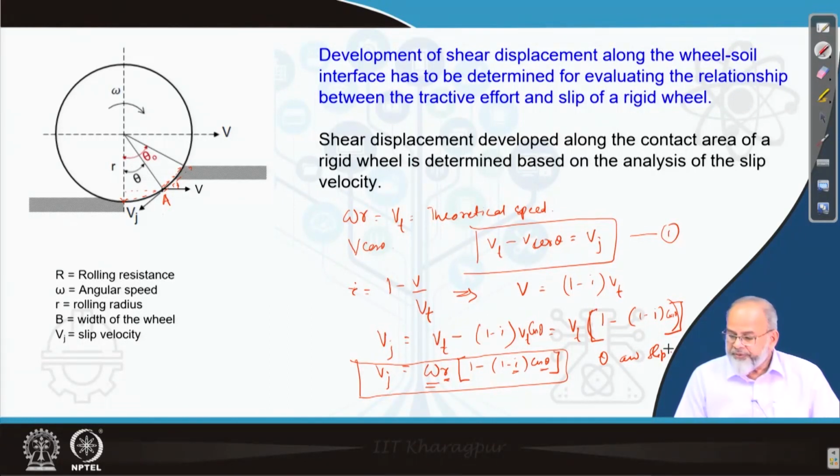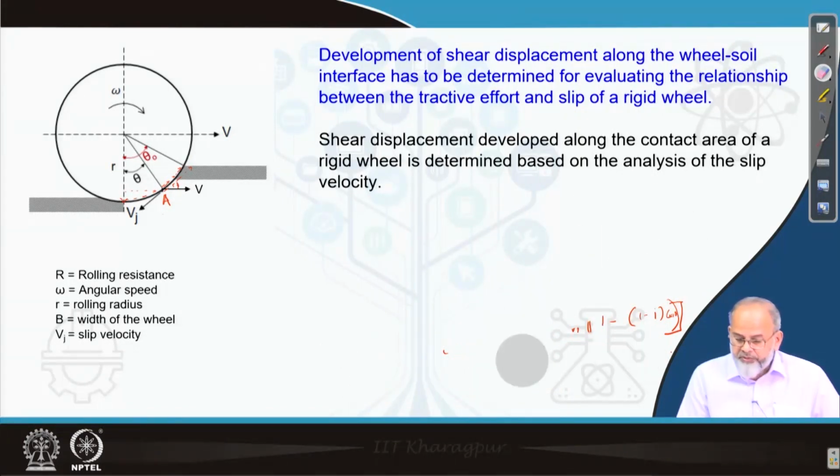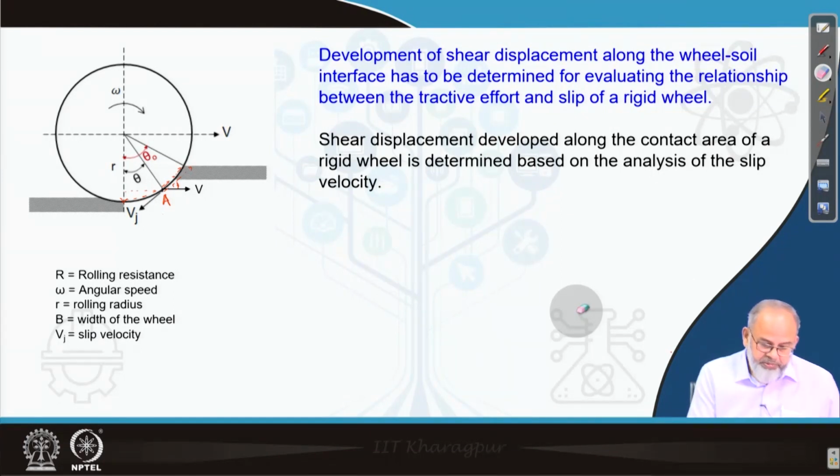Now from the slip velocity you have to find out the shear displacement, the shear displacement which is occurring at the contact area. So if j is the shear displacement along the wheel soil interface, then j can be written as